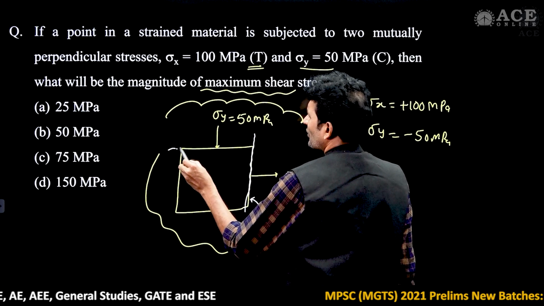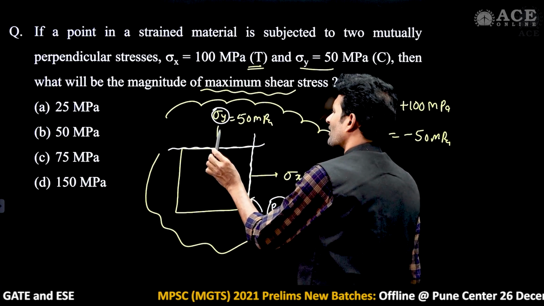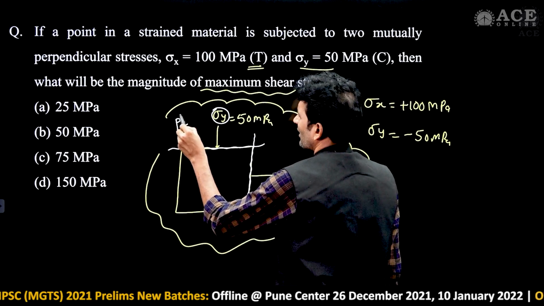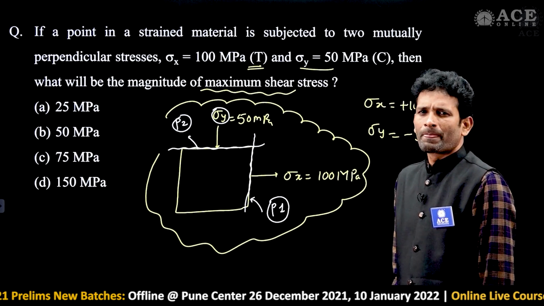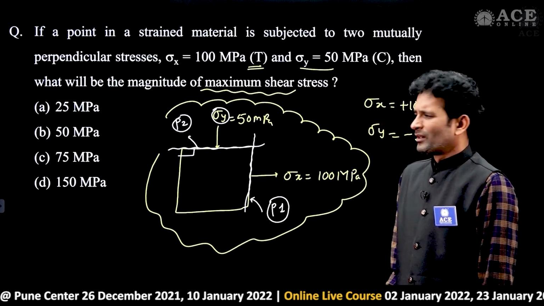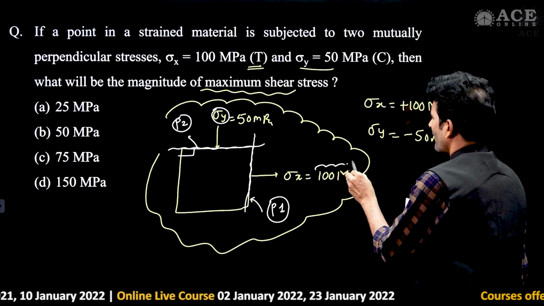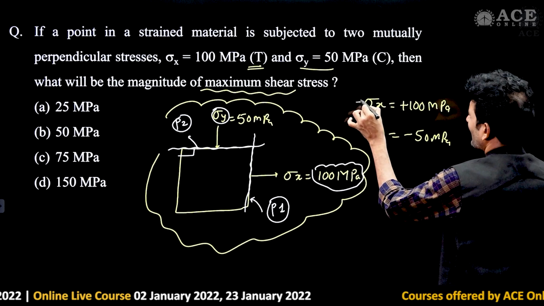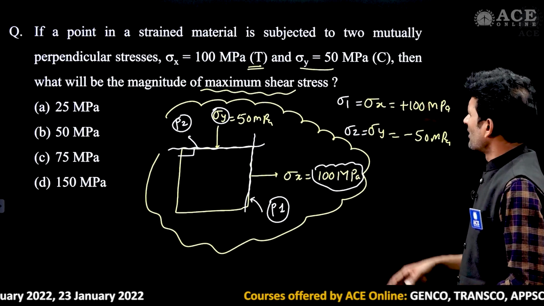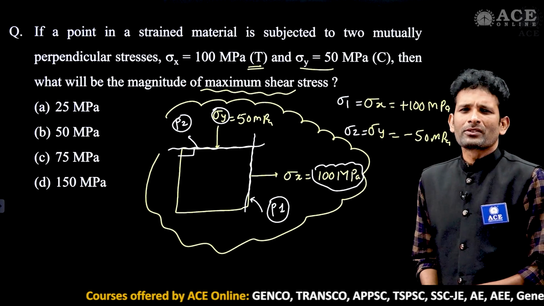And if I take this horizontal plane, on this plane also we are observing only normal stress. This plane is also not carrying any shear. Then can I consider this plane is also a principal plane? Let us take it as principal plane 2. The angle between the two principal planes is 90 degrees, we know that. Now, if you look at the magnitude of these two, this is having maximum magnitude. So, sigma x I may consider as sigma 1, sigma y I may consider as sigma 2. That is nothing but major principal stress, I can say it is 100 megapascal. Minor principal stress, I can say minus 50 megapascal.